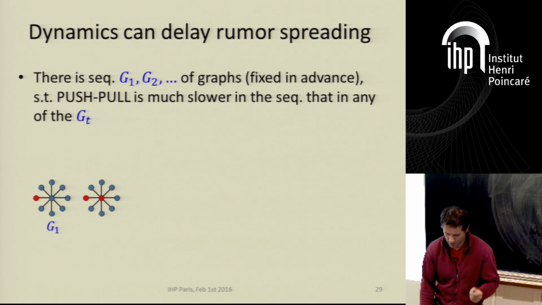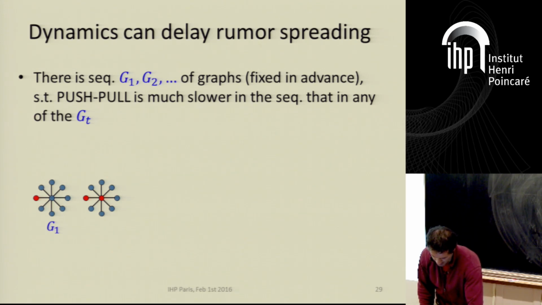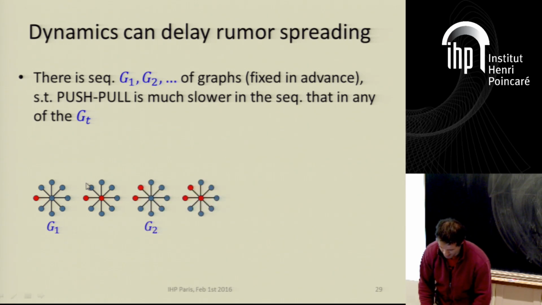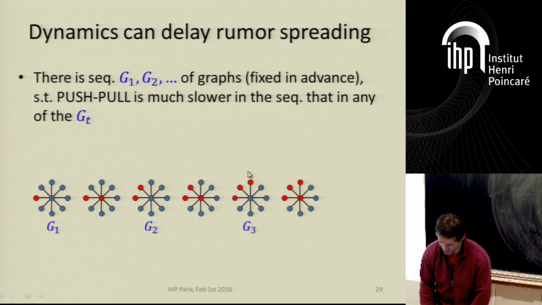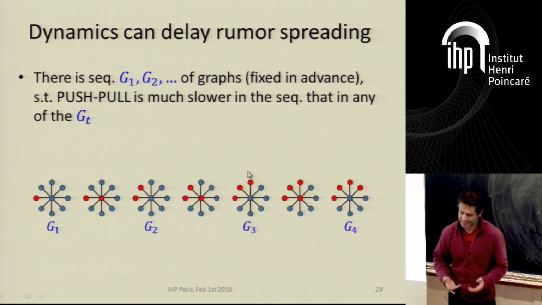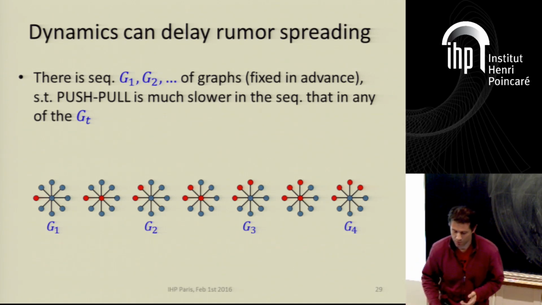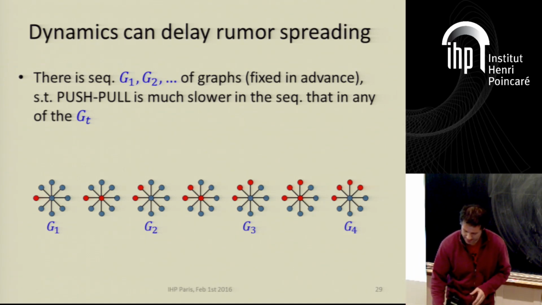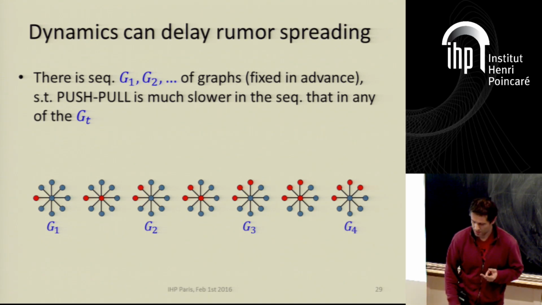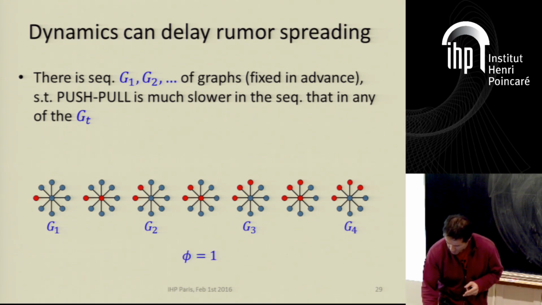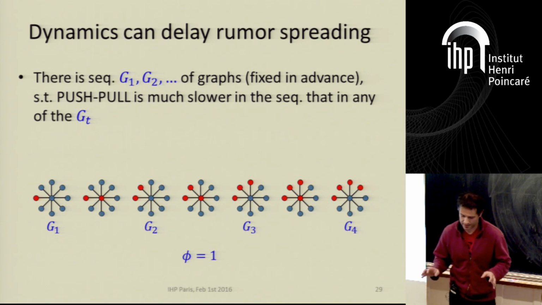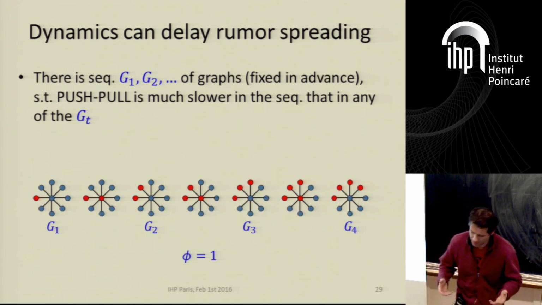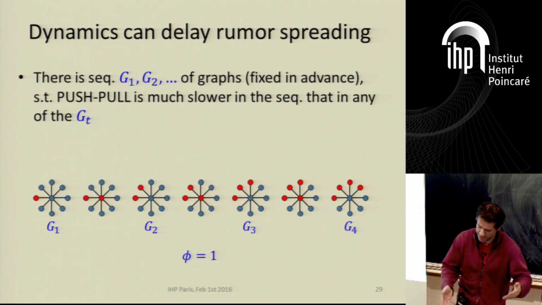And then what is G2? G2 just switches the node in the middle with this second leaf here. Okay? And then again the center gets informed. And then G3 switches with that node, and so on. And then we need n rounds to inform all nodes, whereas in a single star we need 2 rounds. Okay? And moreover, note that these graphs have perfect conductance. And now, remember, I told you that our goal is to see how these bounds, say, in terms of expansion, extend to such a dynamic setting.